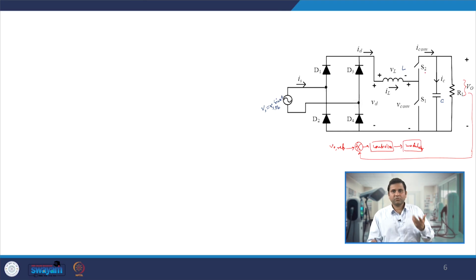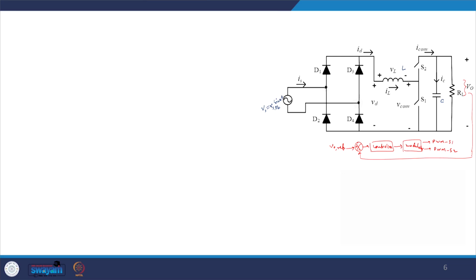That means the turn on time of S2 is varied accordingly, and this modulator will give the output as PWM of S1 and PWM of S2 switches. So here you are not requiring any multiplier block, you do not require any generation of sine omega t block, and you also do not need any closed loop current control block. Automatically the current which is being drawn from the source is following the AC input voltage.